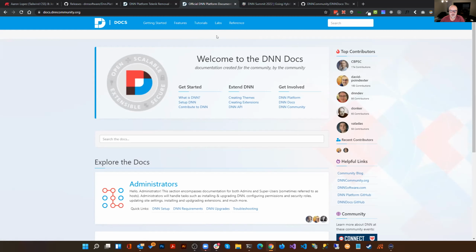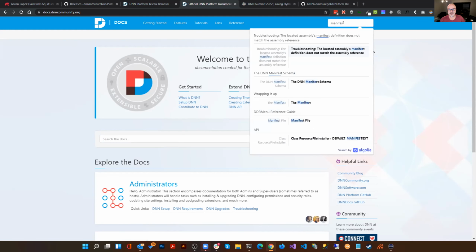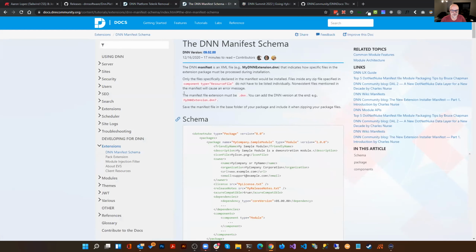So what we're trying to do is establish a strong architecture for the site moving forward, so that things won't be moved around so much, and it'll be a little more clear how to find things. Of course, when you are searching, the site literally searching, it works a whole lot better to find things that way. So you may want to do that until things get shifted around a bit, but you can use this search bar anywhere on the site, or the search bar here. And as you type it out, so if you're looking up information on the manifest, for instance, it'll automatically show up and you can get to that documentation right away.